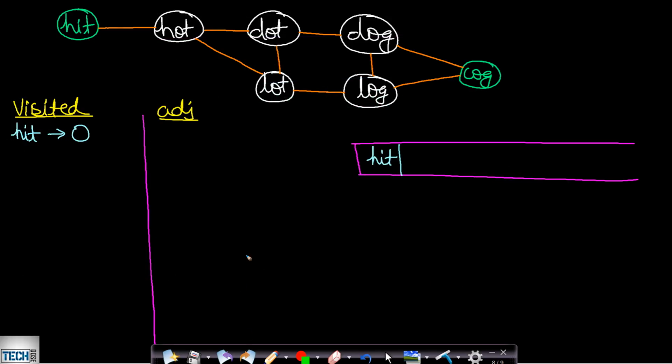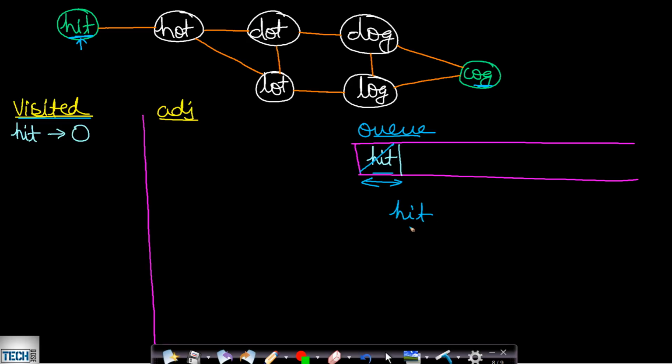Okay. Now let us look at a dry run in order to better understand this problem. So in this case we want to start from hit and reach cog. Once we are at hit, we will take this queue and insert the begin word, which is hit, into our queue, and we will also insert hit in our visited map. This map will always be maintaining at what level a current node is. So we will assume that hit, which is the first node, will be at level 0. Now we will process the entire queue. So how many nodes are at this level? We are just having a single node. We will take out this node, which is hit.